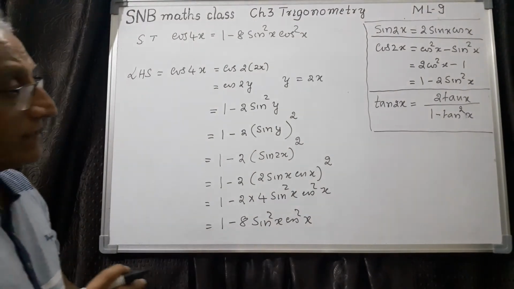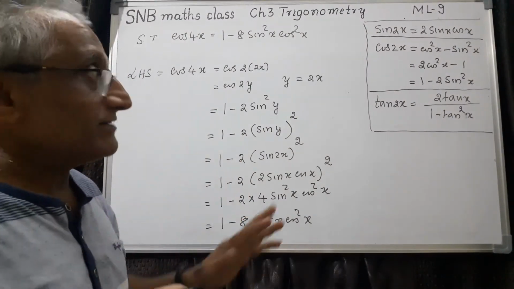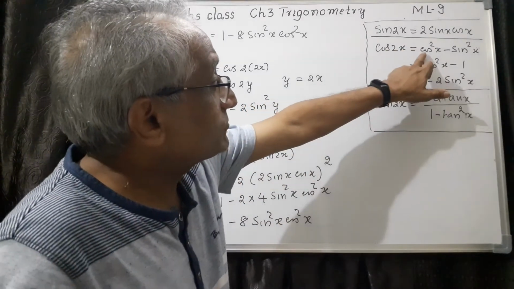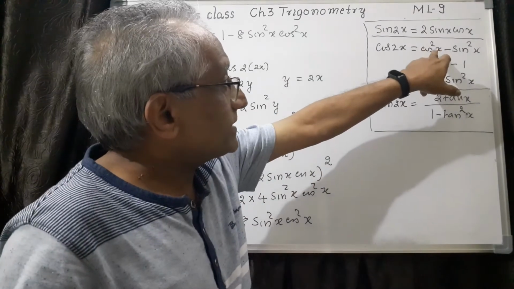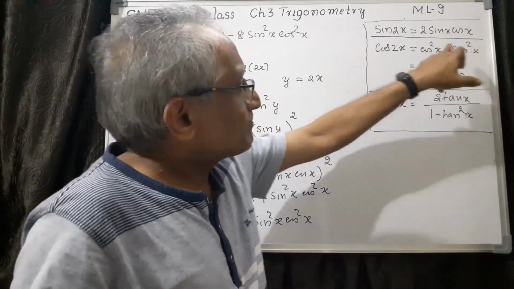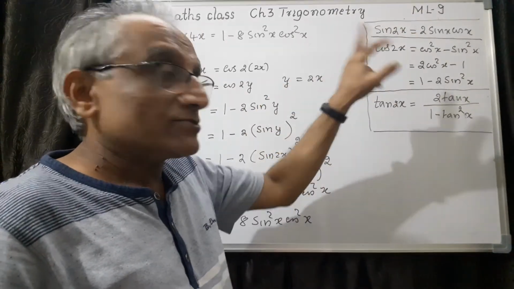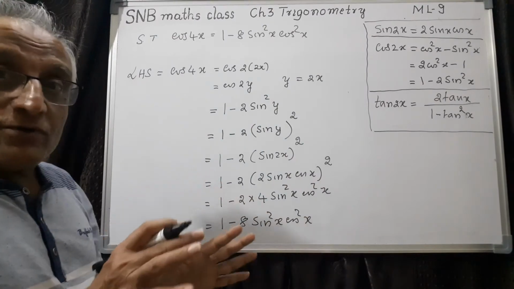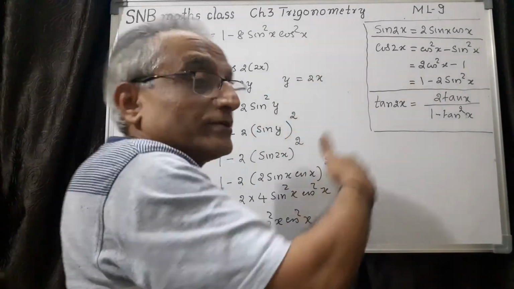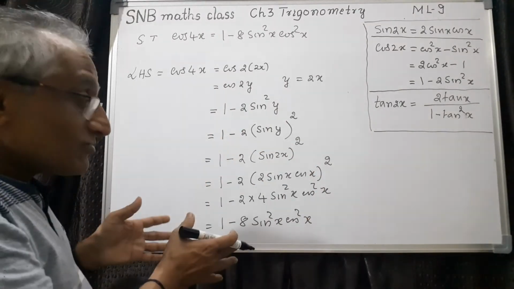Now a doubt may arise in your mind, how to decide which formula you have to use. You need not worry. For example, by mistake if you use this one also you will get the result. Here at this stage you get cos square 2x minus sin square 2x. Of course, cos square 2x is cos 2x whole square, that you take as 1 minus 2 sin square x whole square. But that will be lengthy. Any route you can go, but some are shortcuts, some are long. Therefore, this comes through practice only.